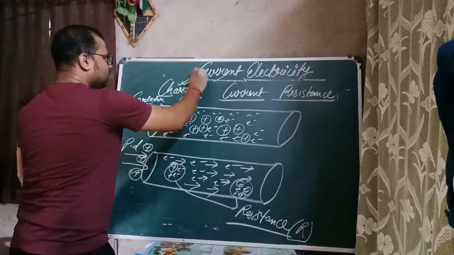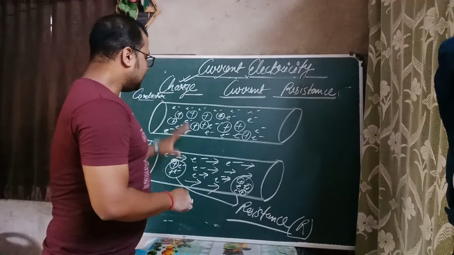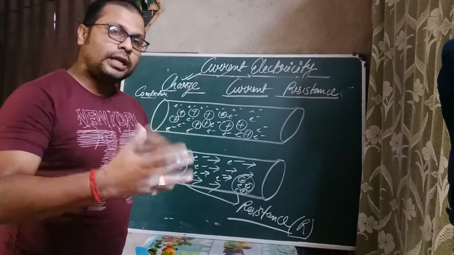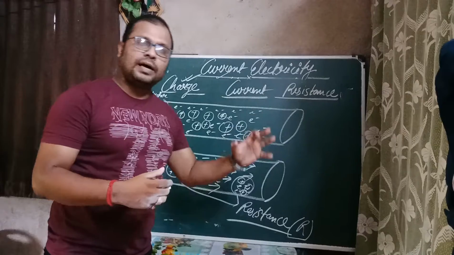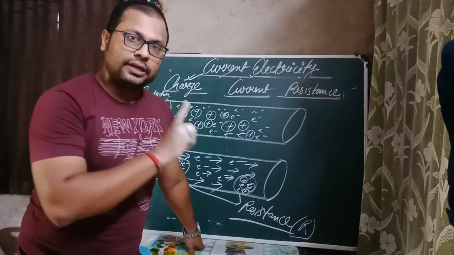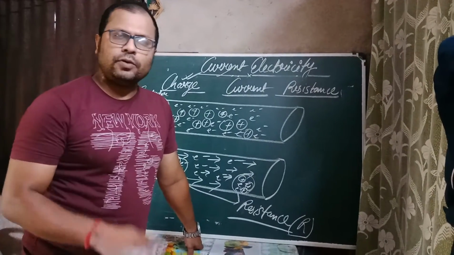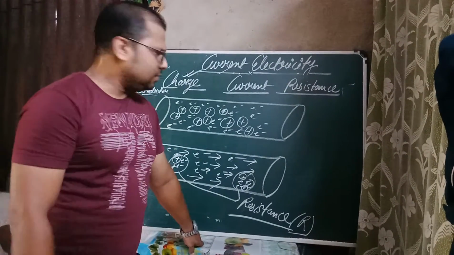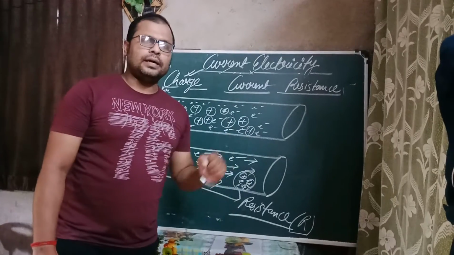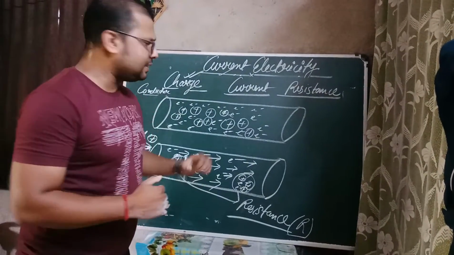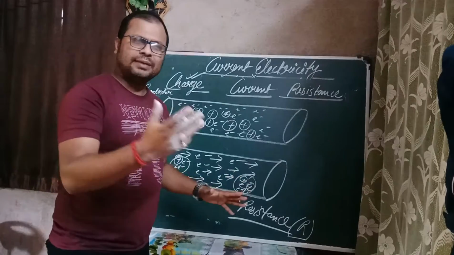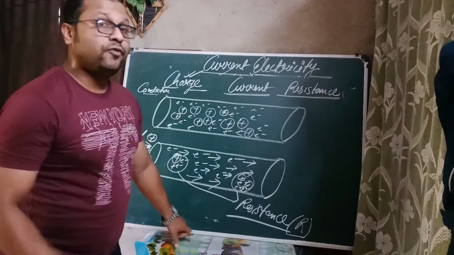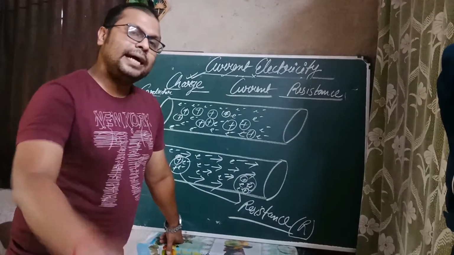Charge is clear? No, I have not defined charge yet. The total content that flows through the cross-sectional area of the wire is known as charge. It is denoted by capital Q or small q. SI unit you know, Coulomb. Once again, the total content flowing through the cross-sectional area of the wire is known as electric charge. It has two types, negative and positive charges. And the total charge that flows through the cross-sectional area per unit time,